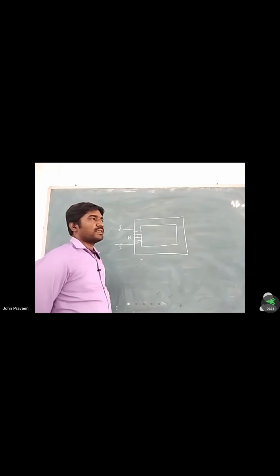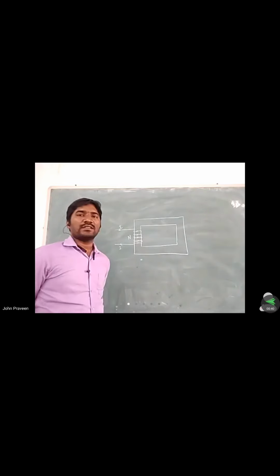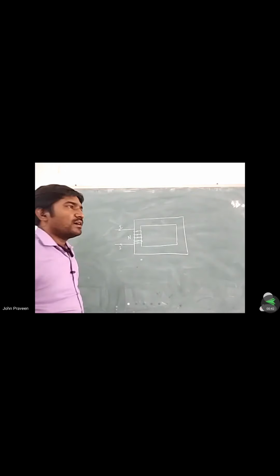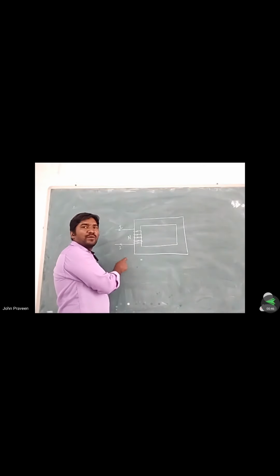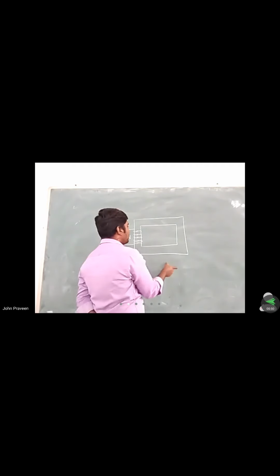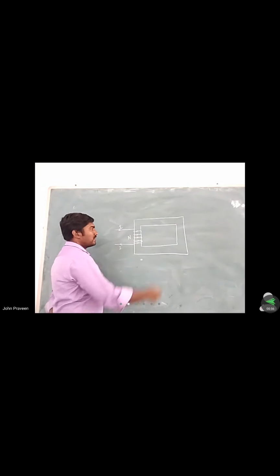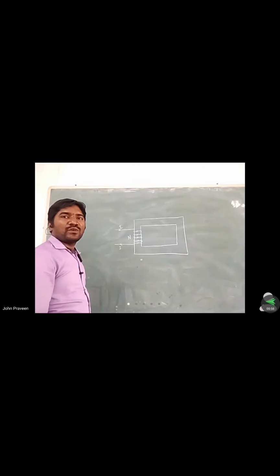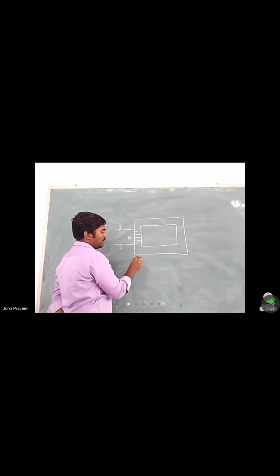So simply we can understand it as a magnetic material. It is made up of cast iron or silicon steel, whatever the material. A rectangular or square shaped frame is selected here. The frame is placed and a copper wire is wound around one limb. This is what we call a limb, or a leg.